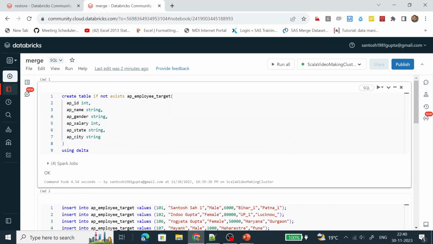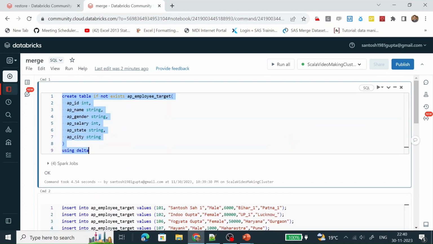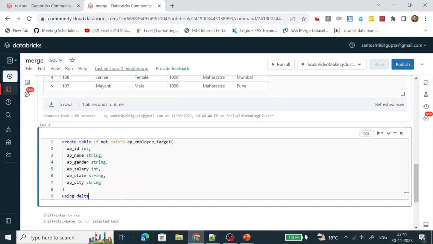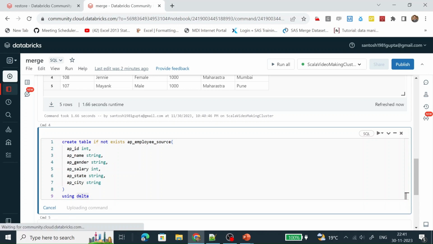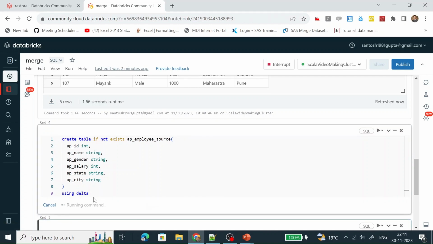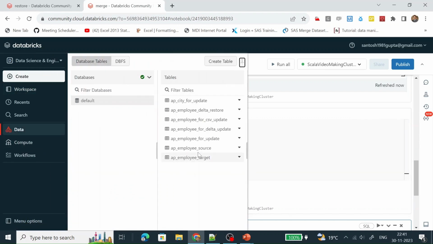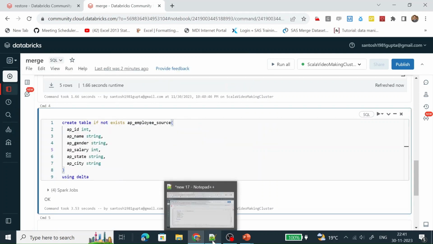Let me create another table. Let me rename this table from target to source. This is of delta type again. Table has been created. We can validate here. AP employee source. It is available in the default database.